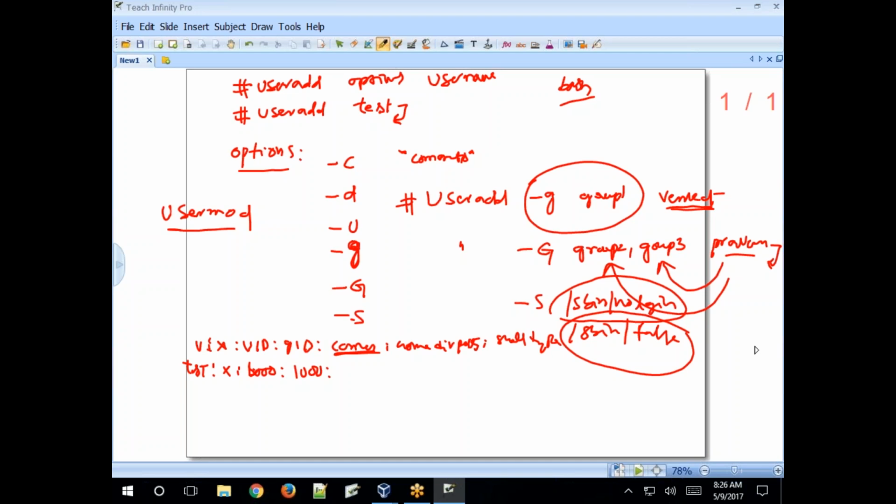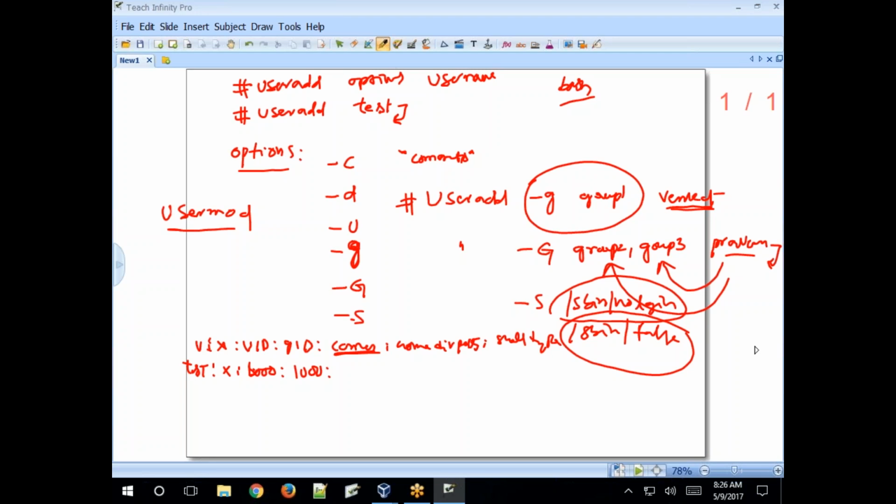If the username is already created and you want to modify something like shell type, home directory, UID, GID, or add the user into an existing group, just use the usermod command.